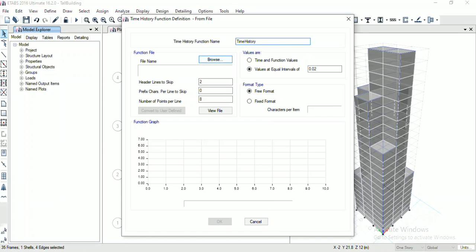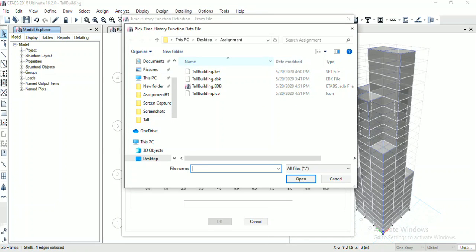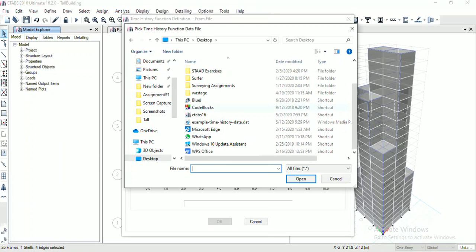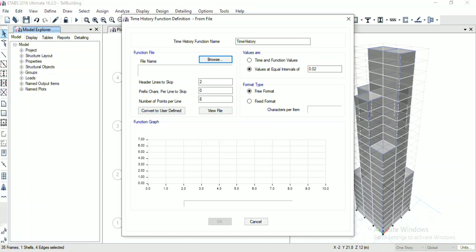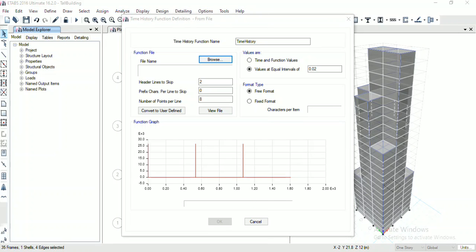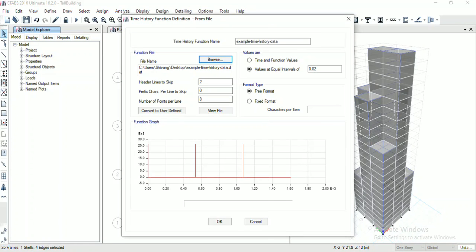And click on browse. Now we have imported time history data from Bhuj earthquake of 2001.